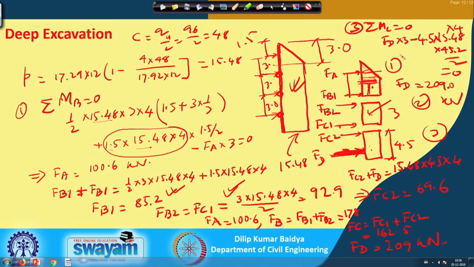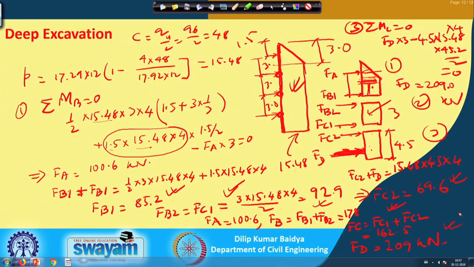And then for the last beam again we have taken moment with respect to C, and then I will get F D directly, and once you get F D, then F C 2 plus F D will be the loading here. From there we have got the F C 2. Then as I have shown before, F A is whatever you have got, F B will be equal to F B 1 plus F B 2, that is the thing I have done here, and F C equal to F C 1 plus F C 2, that is the thing I have done here, and F D whatever you have got. So, these are the forces in the different struts already obtained. So, this is the way the problem can be done.